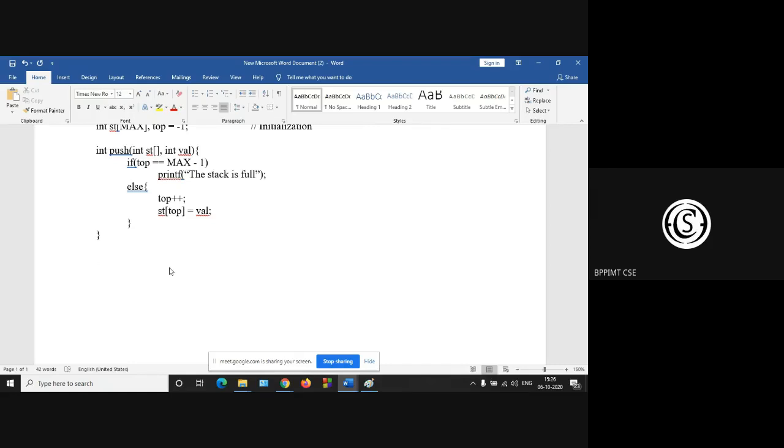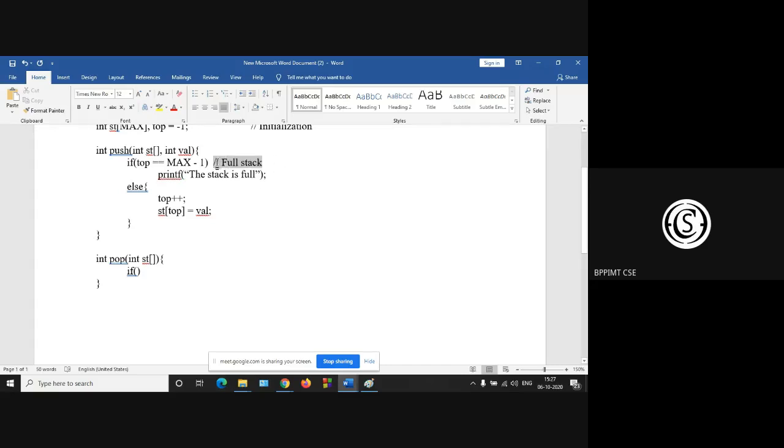So int pop, and let this is the array name st. Now what will be the condition for empty list and what will be the condition for full list, full stack?